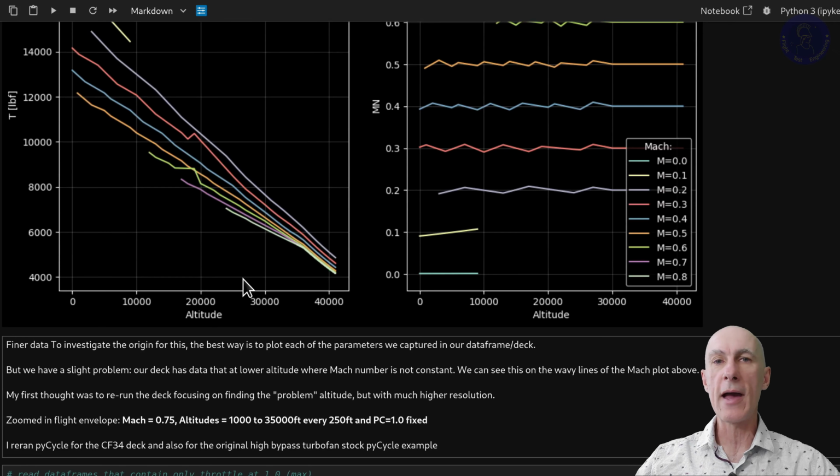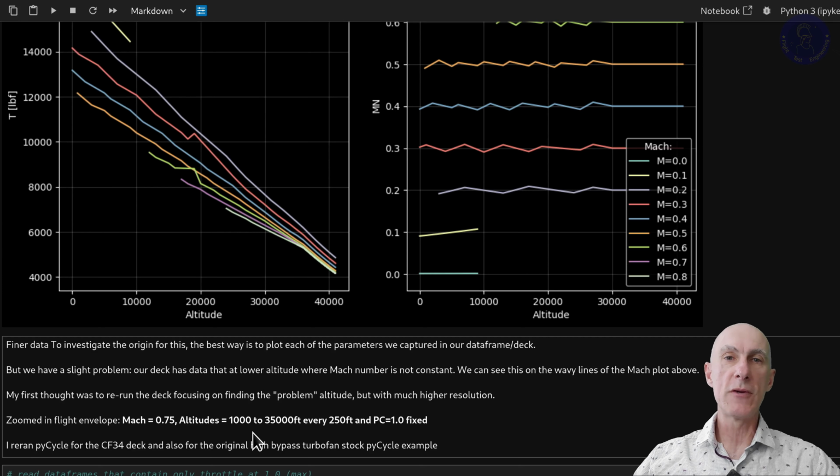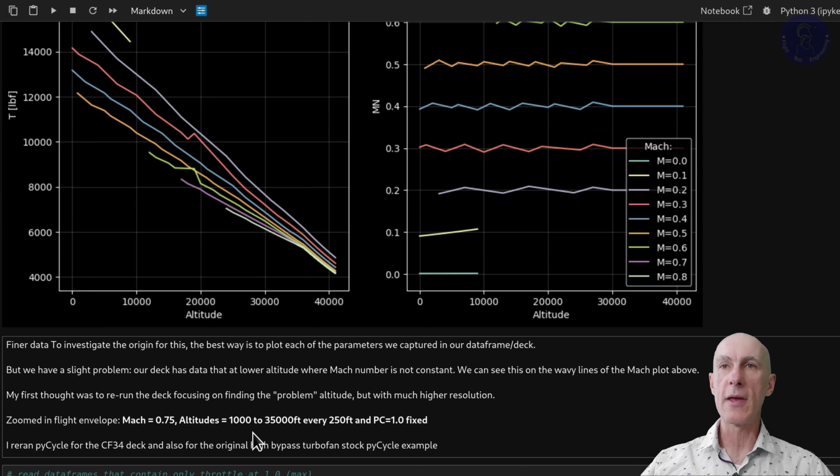Instead of running the whole deck for all of the Mach numbers, I chose one Mach number, 0.75, and I ran that from 1,000 to 35,000 feet every 200 feet. And also I ran it with the power percentage fixed to 1.0, which is what we are trying to investigate. And just to be able to rule out any problems that we might have introduced into our CF34 modification of the original pyCycle example, I reran both. I reran our modified CF34 deck and also the original high bypass turbofan example that they provide in the pyCycle